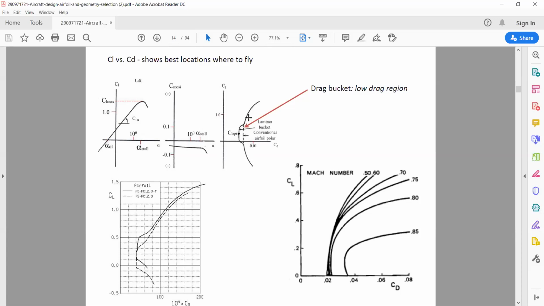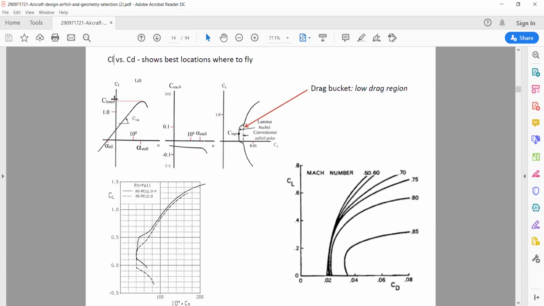Just to understand, by airfoil selection, what all the parameters it affects. This is called a drag bucket. I have to choose that value, so you can see the L by D value. The best L by D should be 0.5, or 0.6, or 0.7, or 0.4, according to which aircraft you are going to design.